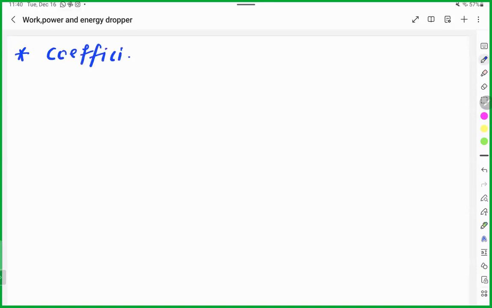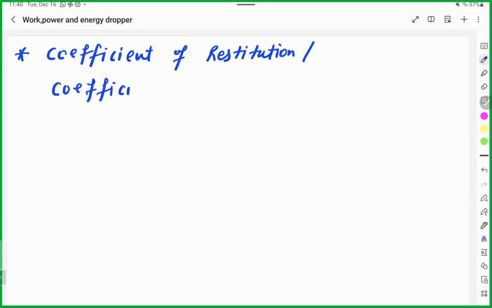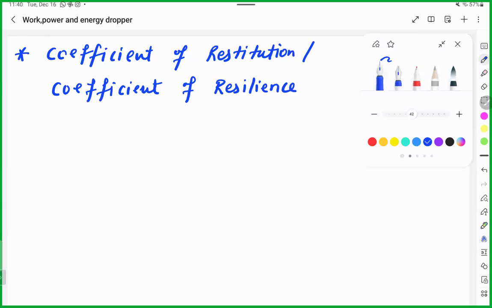Jordan, have you heard about this coefficient of restitution? No, sir. Wow. I might have forgotten also. Pratigya? Yes sir, something like U1/U2 was there. Yes. So,